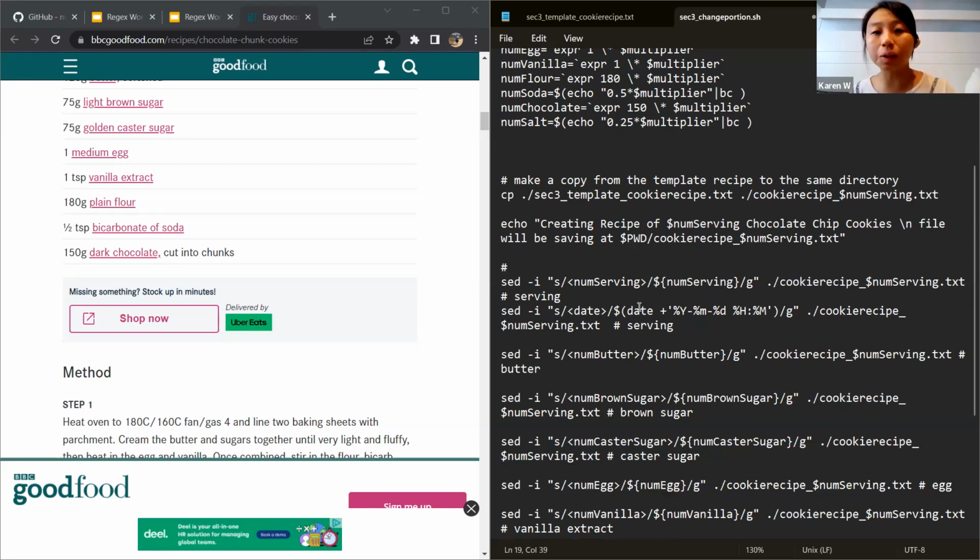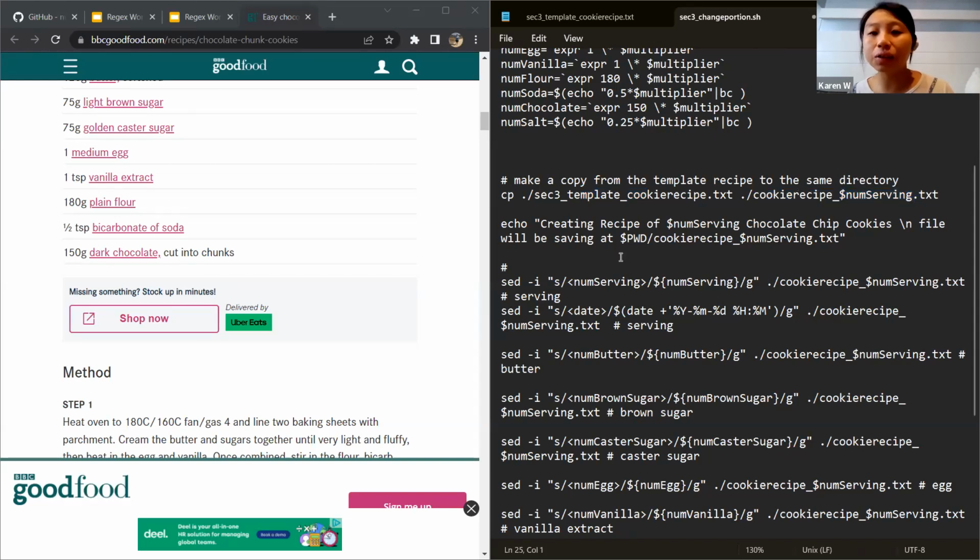So what the script does is, first of all, we always have a habit of copying from the original template to make changes. So this is telling it to create a new text file from the template, indicating how many servings there are.